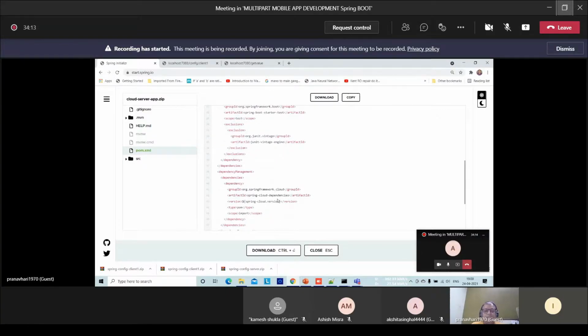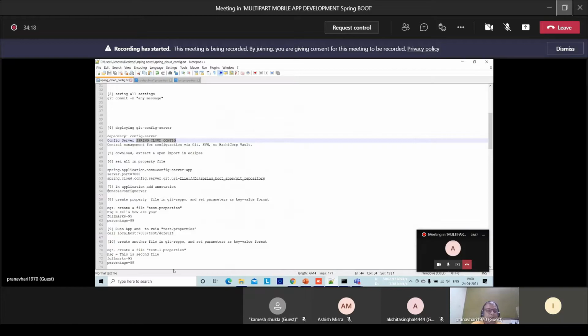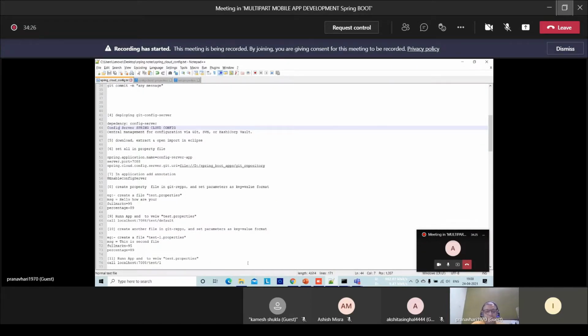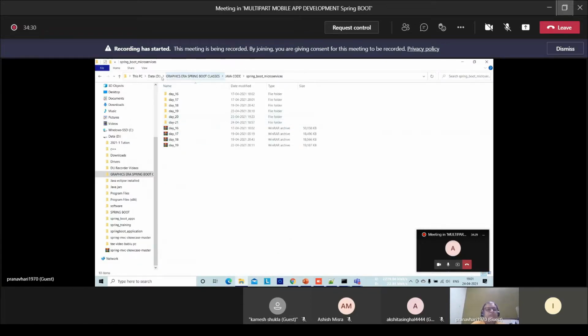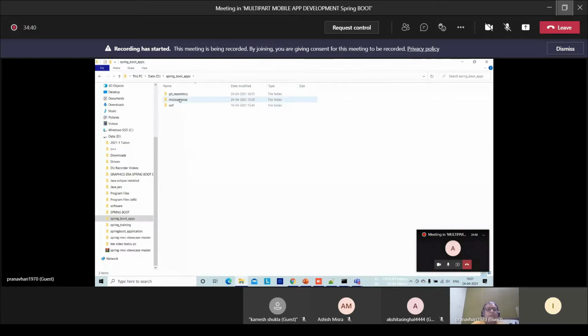Here we have dependencies. We need this dependency, and for this dependency we need to get the repository. Just wait a moment.